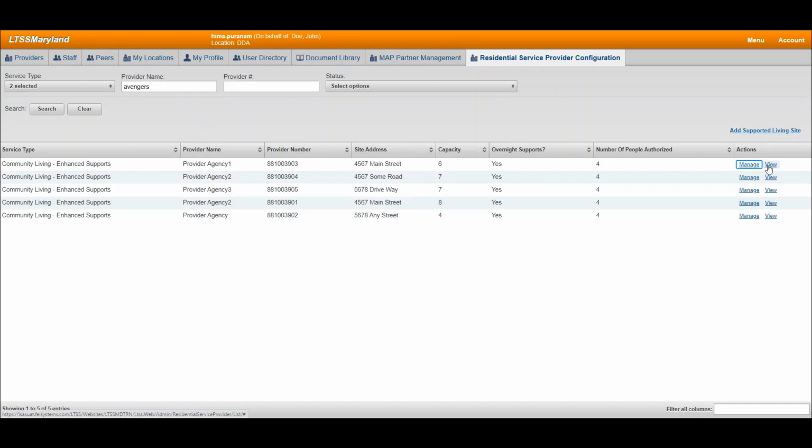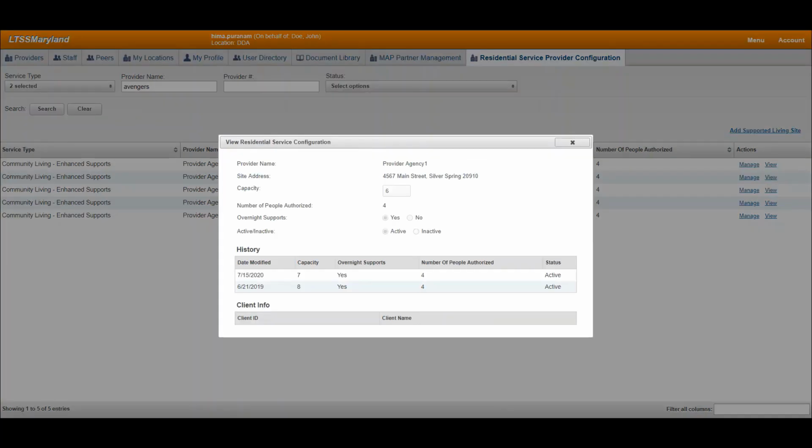Now let us look at the view screen. By clicking on the view link, the view screen shall open. The history section in the view screen is updated with the number of participants authorized for the site. Number of people authorized can exceed the capacity to allow flexibility in admitting participants with needs to site, and capacity can be updated. For the purpose of this training, I will go ahead and modify the capacity for this provider location